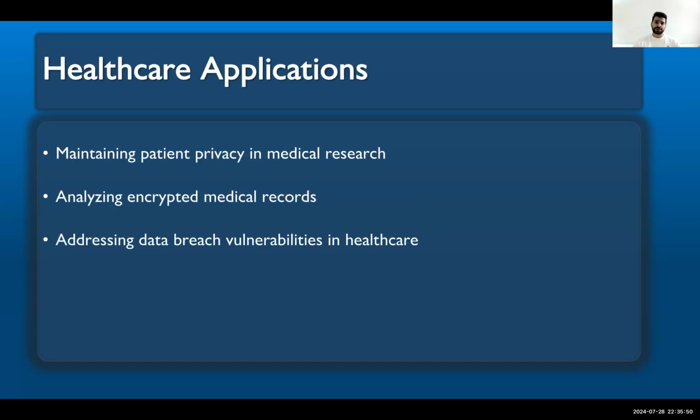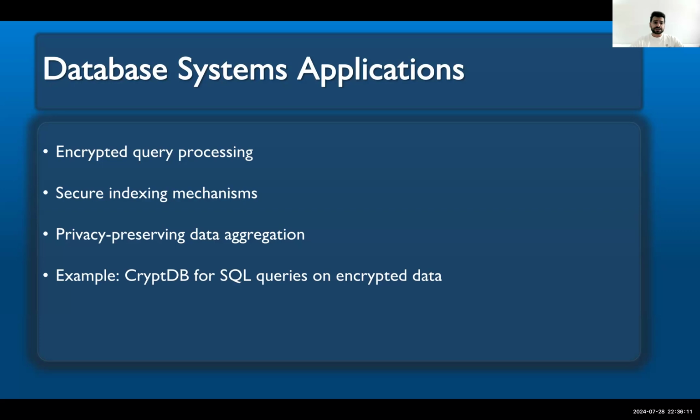Or in healthcare, there is a lot of patient information, their medical records, that is very sensitive, and we have to protect it, but we want to retrieve some information from the data. Another one is database systems. For example, CryptDB for SQL queries is one of the examples where we can do a query. We can send a query to a database without decrypting the database. We can encrypt the database, and by sending a query with this library, we can retrieve the key and the